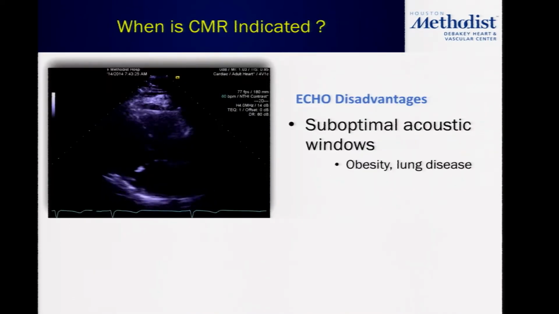Let's move on now to when is it that you might want to utilize it. So obviously, echocardiography is going to be the first line modality that you utilize, but we do know that sometimes echo may be suboptimal. Well, I started with the CMR. That's why I started with the CMR images first. So if you've got obesity, you've got lung disease, the reality is if you can't see it well,